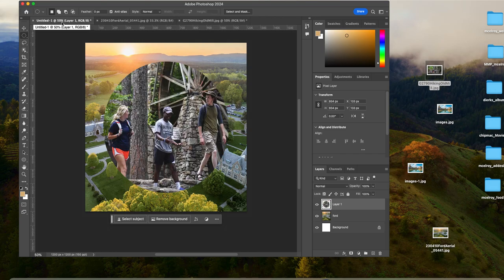Now, these are pieces of paper. So you probably noticed that part of now layer number 1 is covering up part of